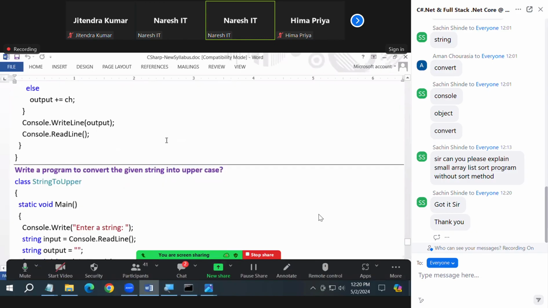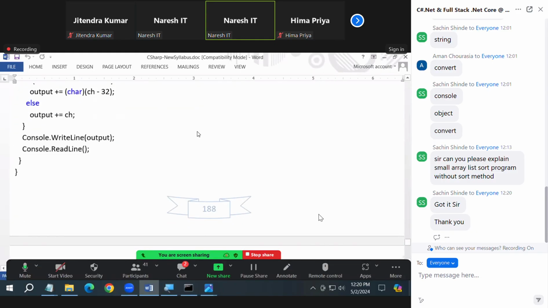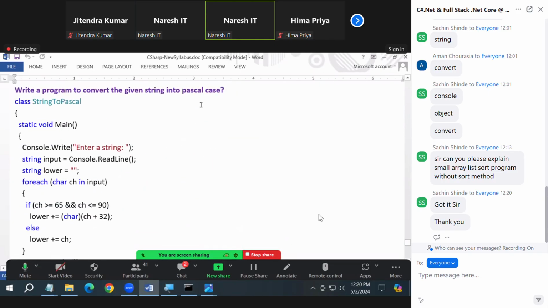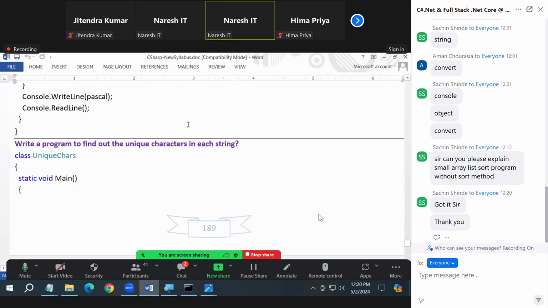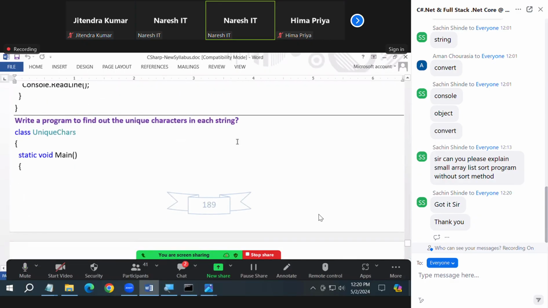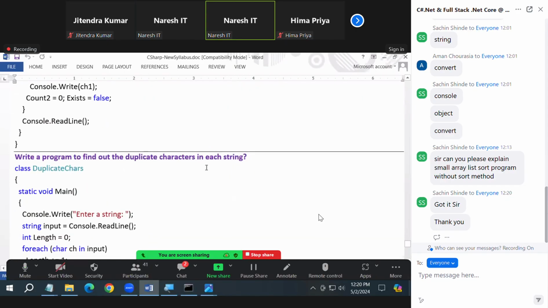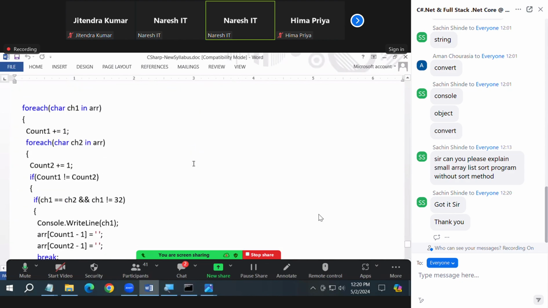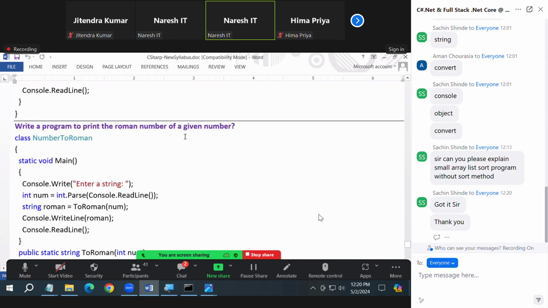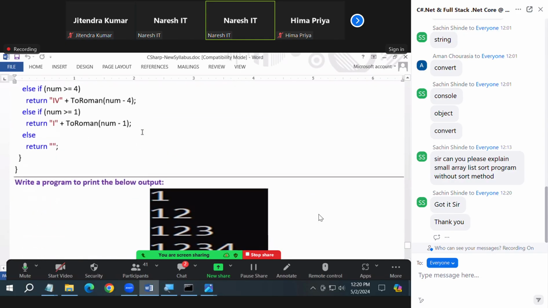Converting a string into lowercase, converting a string into uppercase, converting a string into Pascal case. How many unique characters are present in each string? Duplicate characters. Roman number. For a given number, it will tell you the Roman number. Now,